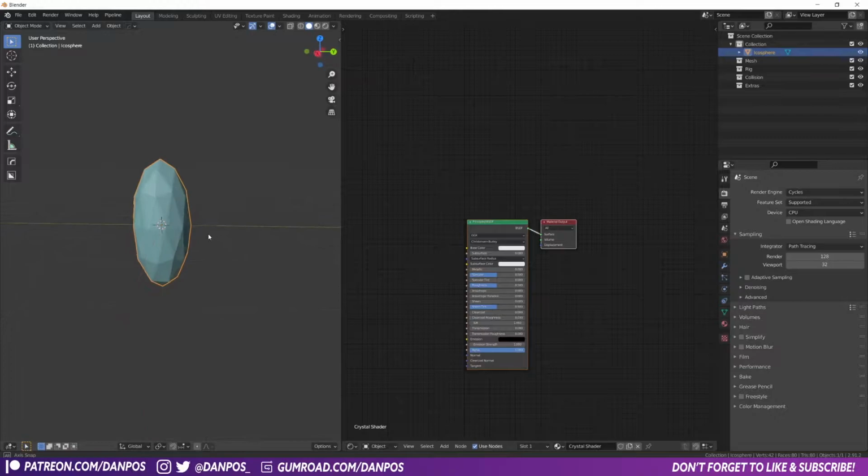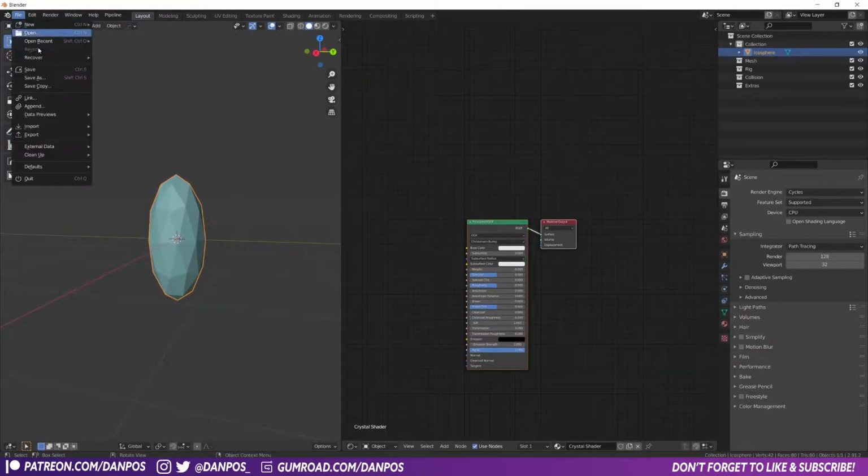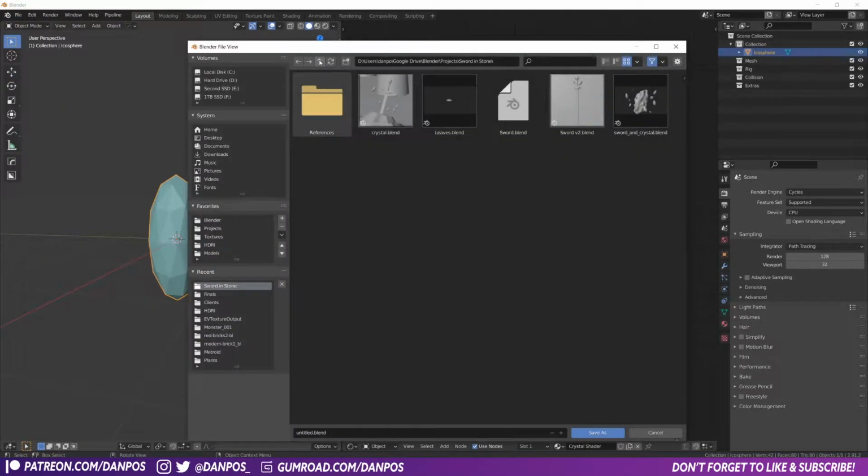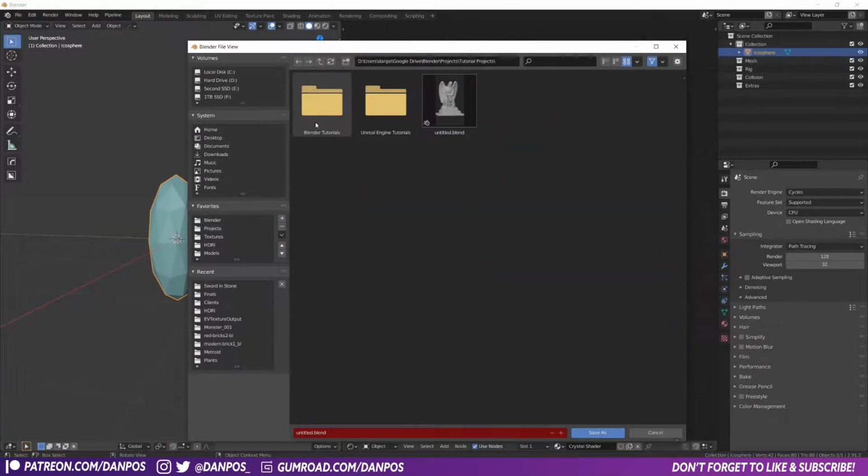Now to see this being displayed, we do need to go over into rendered mode, but before I do that, I'm just going to go up to File, Save As, and then I'll just save this in my tutorial projects